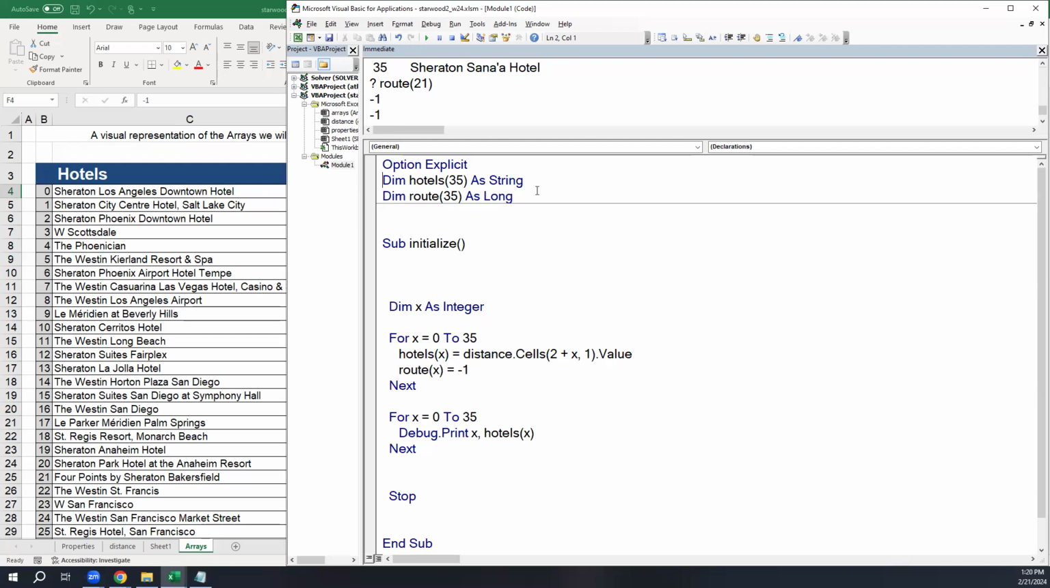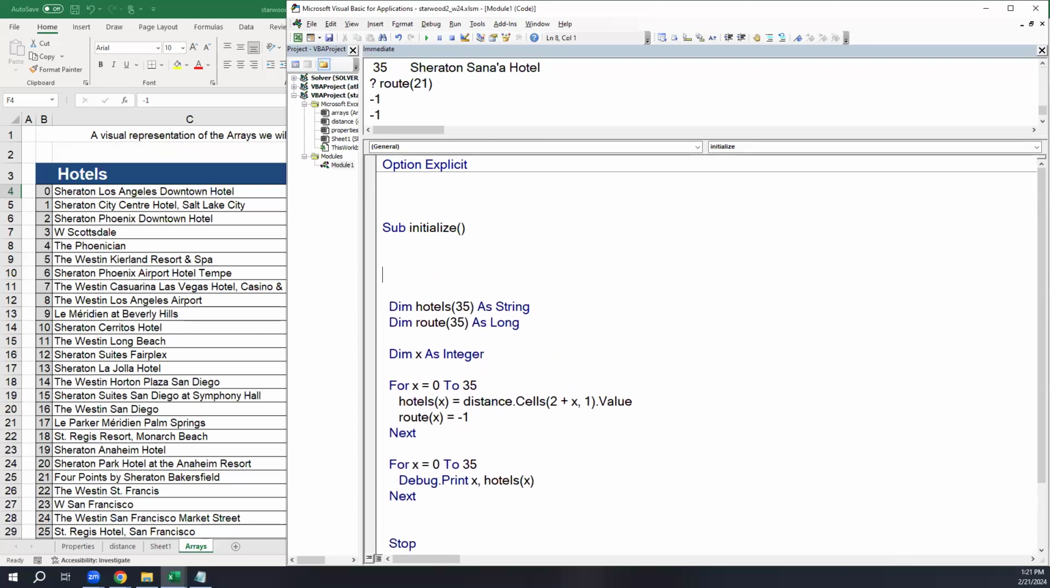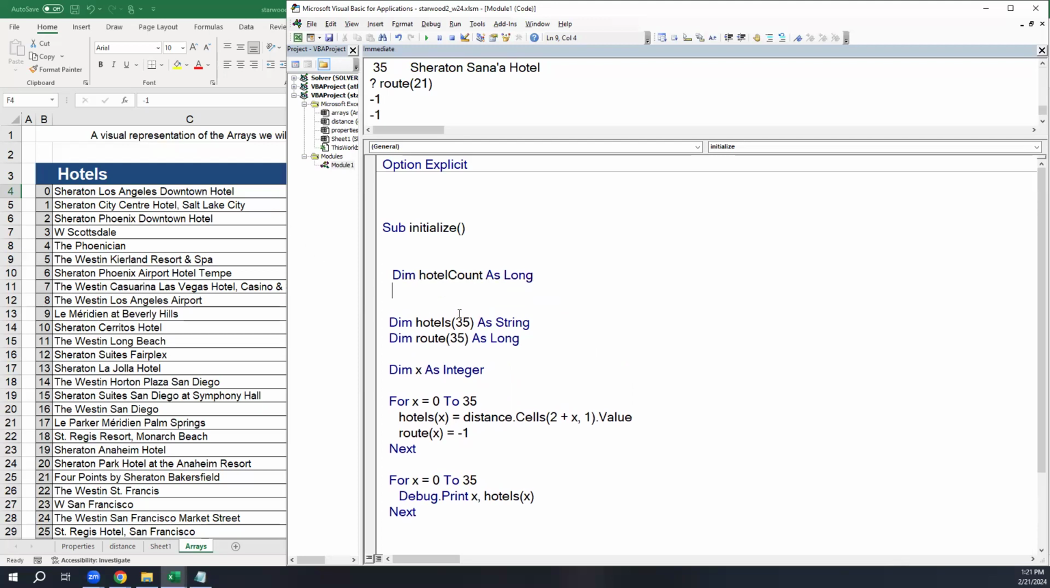The temptation, and I'm going to bring this back down into the executable code for just a second to show you the temptation, is to say, let's figure out the number of hotels. I'll just do that right here. Dim number of hotels, I'll call it hotel count, as a long integer. And now let me go ahead and fill that in. Hotel count, H-O-T-E-L, count